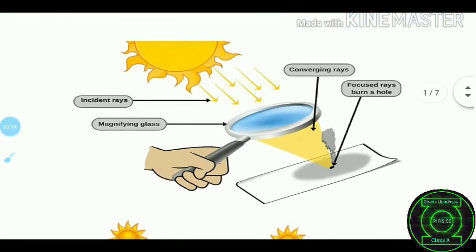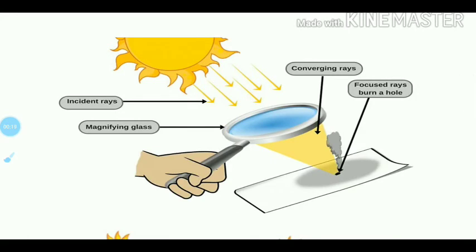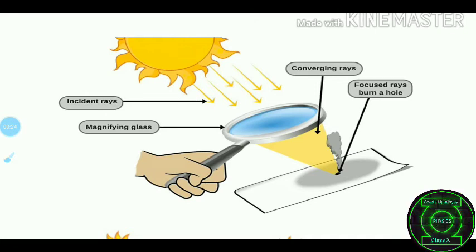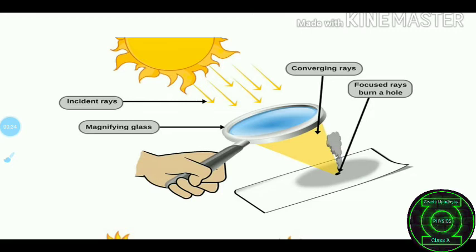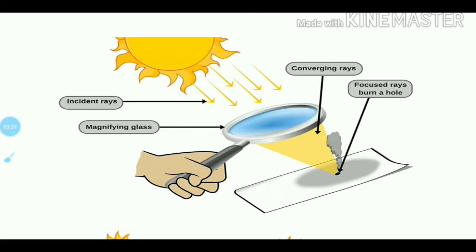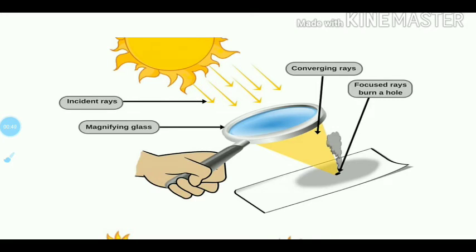In this picture you will find that a magnifying glass has been held directly in front of sunlight and above a piece of paper. Now you will notice that a very bright and sharp spot of light has been formed on the paper. You will also notice that exactly at that point the paper is burning. Now what do you think is happening? The sunlight is falling on the magnifying glass, and on the other end a very bright sharp spot of light, that is the image, is being formed.